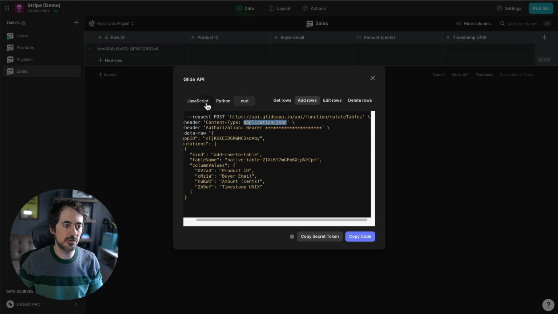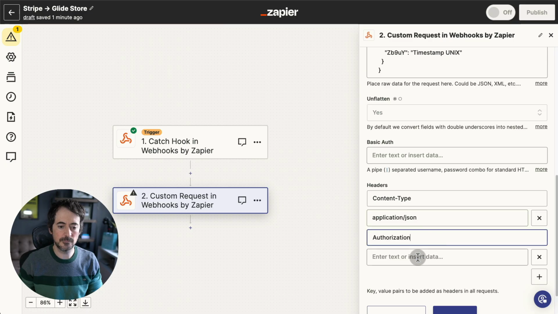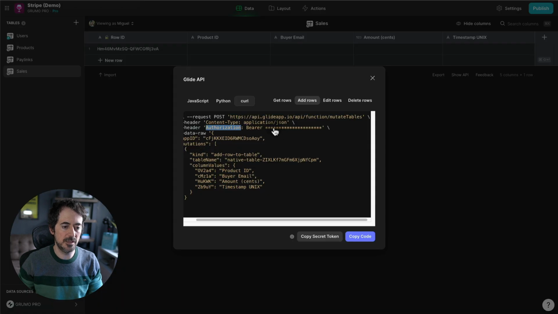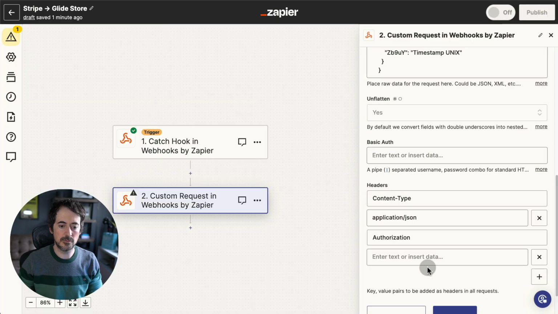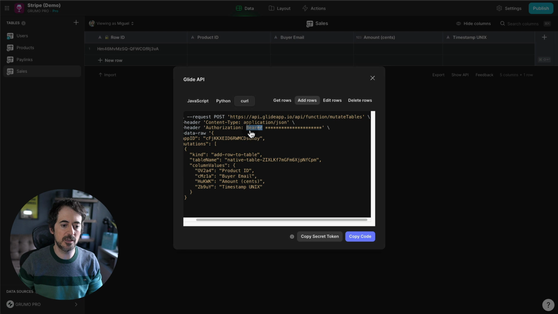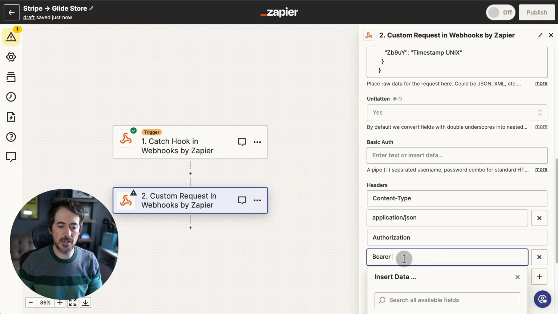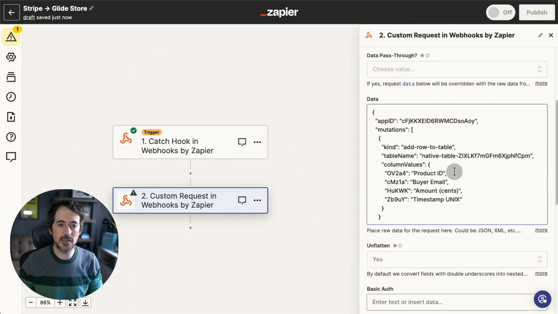Then the authorization, and then our custom API key. So it's going to be bearer and then a secret code. It's going to be our secret token, which we can copy directly from here and paste it there. And what we have to do now is tell Zapier what data we want to grab